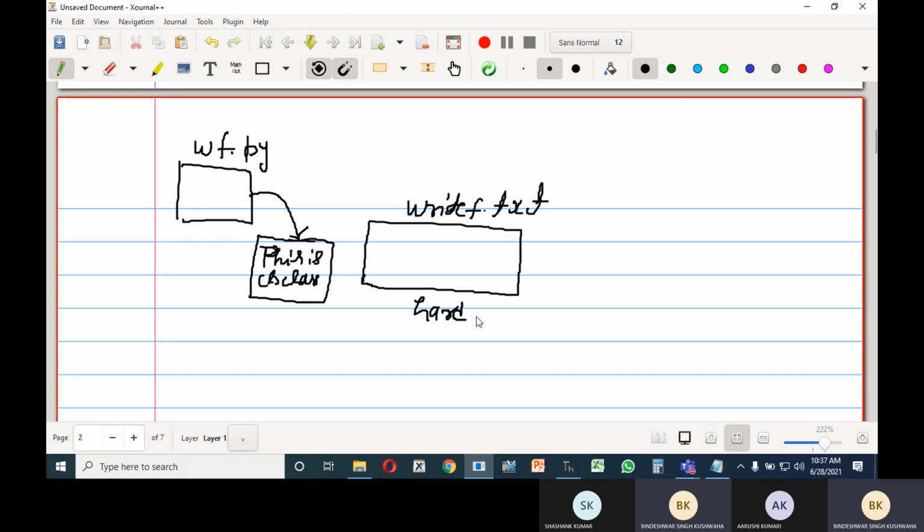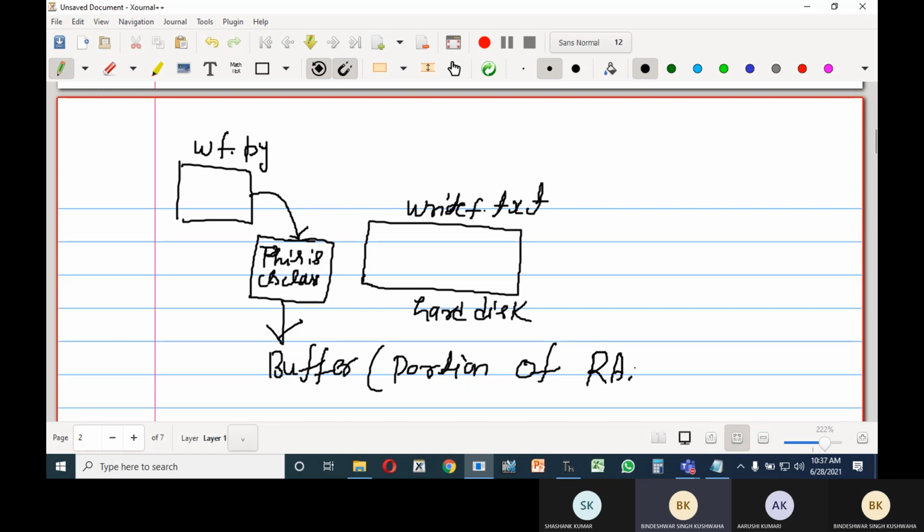This is not written directly on the file, it is actually written in a buffer. What is a buffer? A portion of RAM, random access memory.